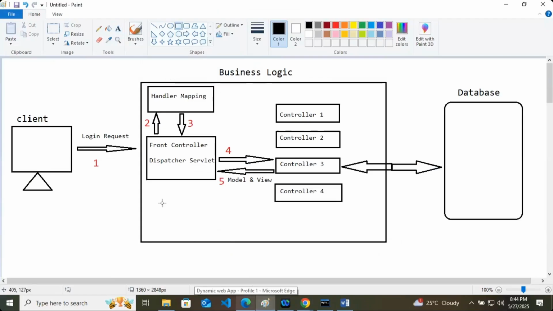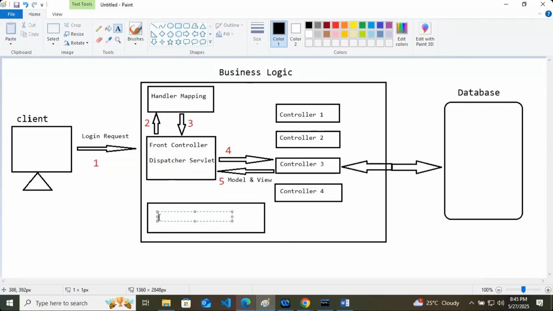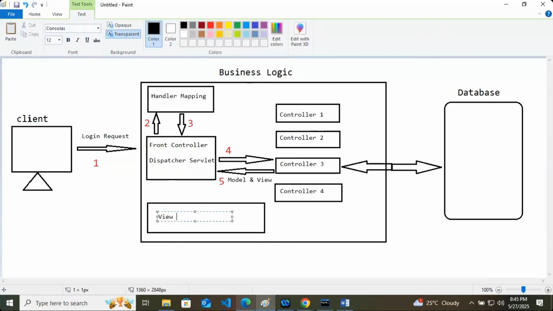There will be someone working as a view resolver, who will resolve the view.